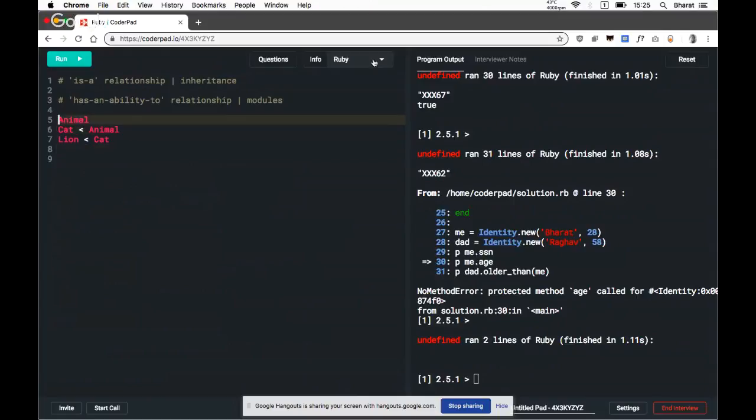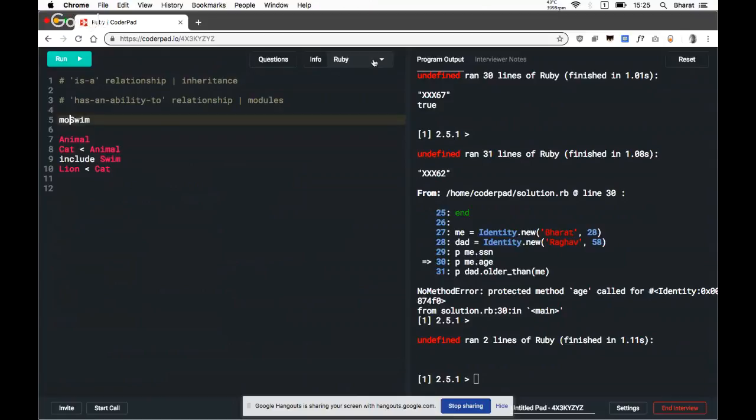What if you wanted a class to have two things to inherit from? An animal, and also, let's say, the ability to swim. You can't do this. Instead, what you can do is mix in a module.